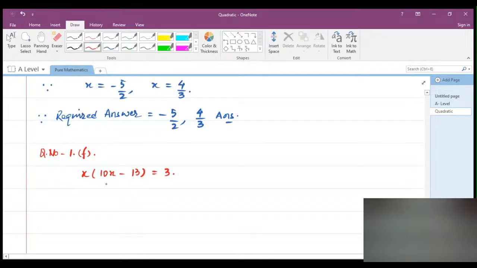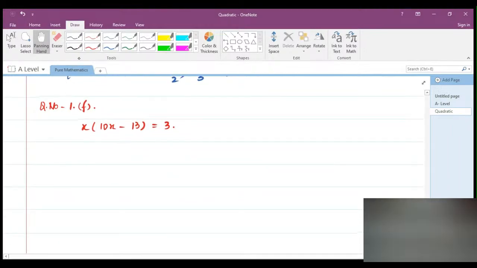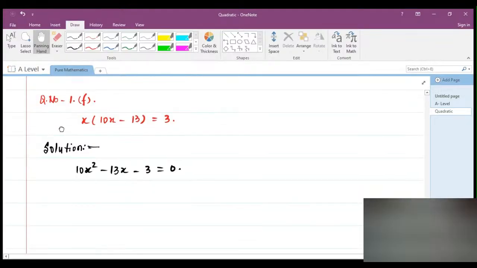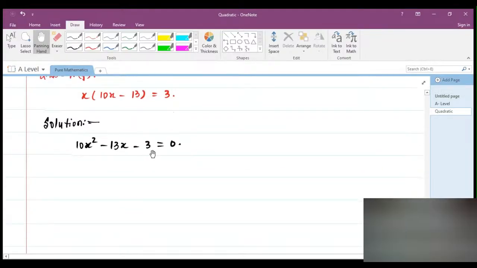x into 10x minus 13 equal to 3. So this is the question. Let's see the solution of this question. So here will be 10x square minus 13x minus 3 equal to 0. So the multiplication here will be minus 30 and addition or subtraction will be minus 13. So the next step here will be